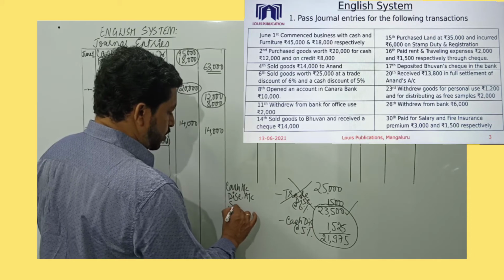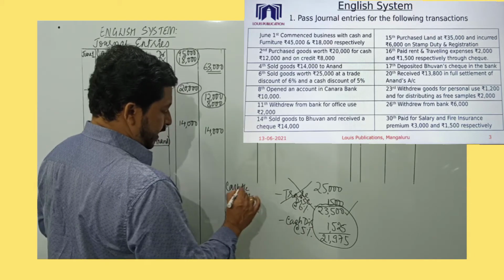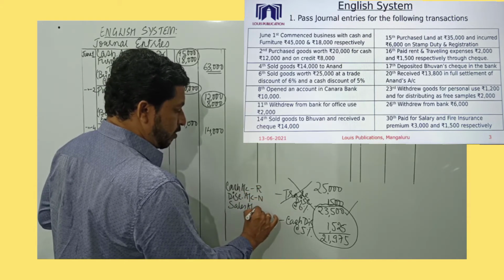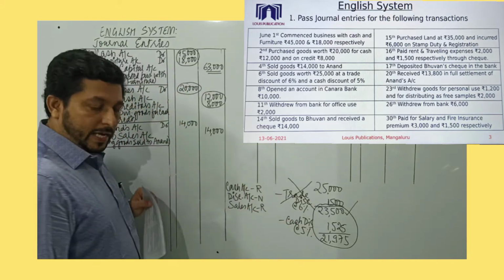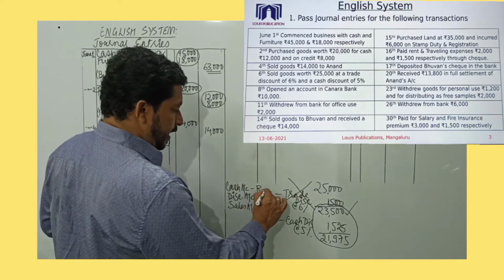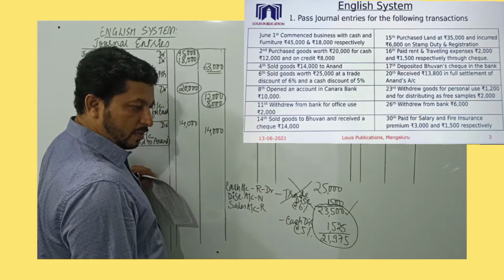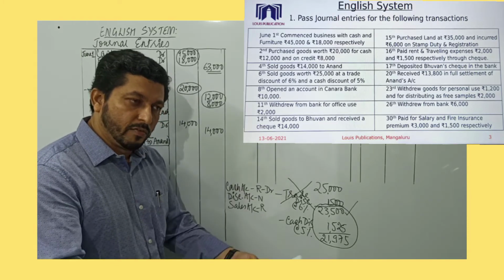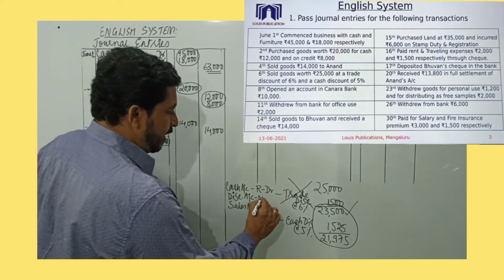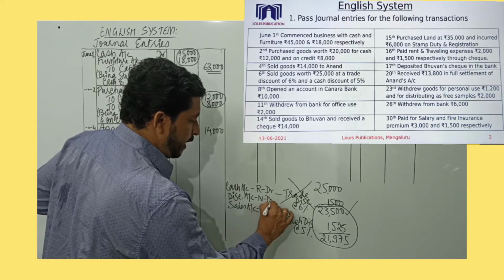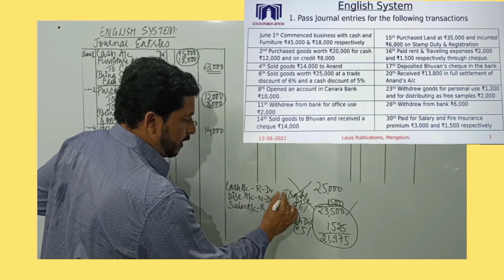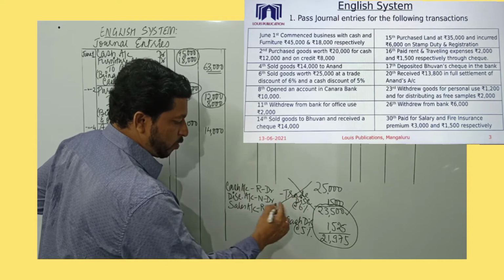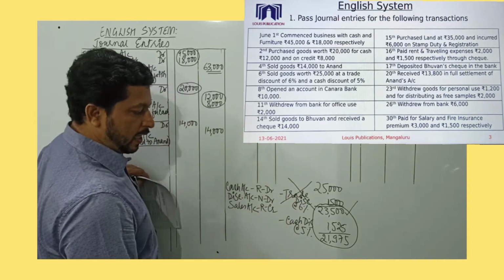And also we have sold goods. So we have sales account. Cash account belongs to real account. Discount account belongs to nominal account. And sales account belongs to real account. So when we are selling, cash is coming in. So debit what comes in. Discount is given to a customer. So discount allowed is a loss. Nominal account rule, debit all expenses and losses. So discount allowed account. And sales, when we are selling goods are going out. So credit what goes out, real account rule.